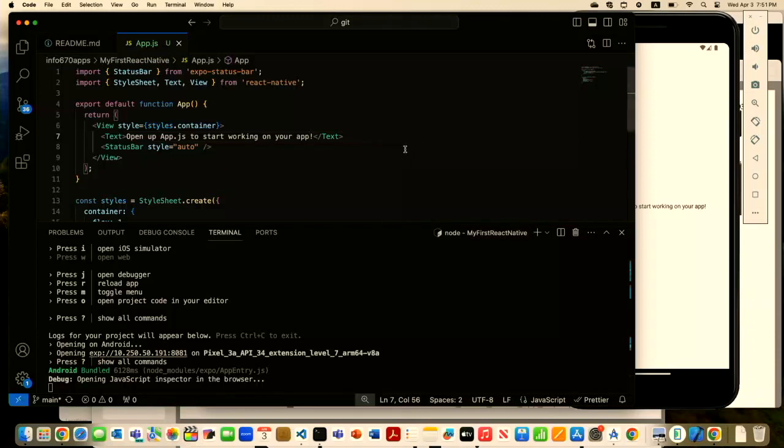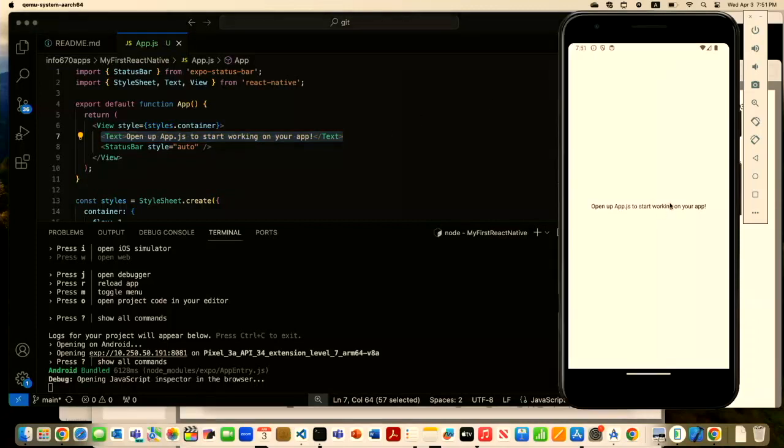And so you see that this text is a component that you can import from the React Native library, and you can use it to construct something as a label on the screen, which is what you see here. So if your app is still running, this actually allows you, of course, to make changes to the code